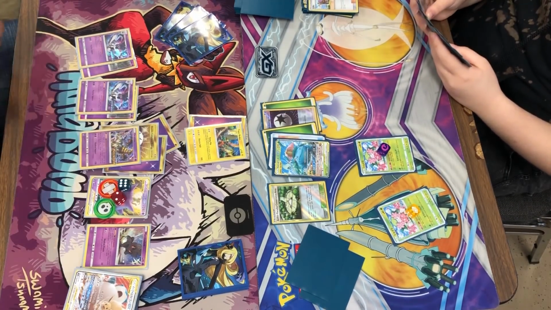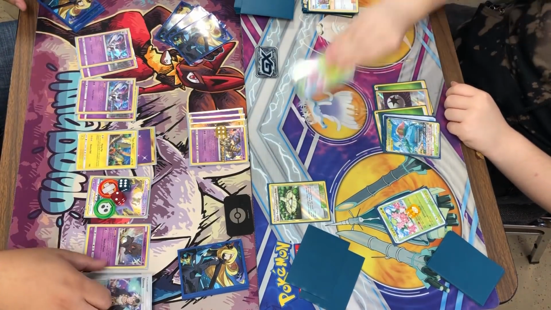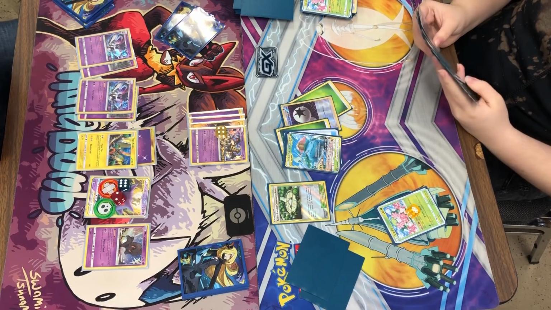But I believe this is my last Guzma. Or at least my last one I want to use. I have one more left, and I might have to use it later in case she wants to retreat a damaged Venusaur. But we're going to try to attack a Venusaur. The problem is she hits 150 with her second attack, which means we're just going to be knocked out